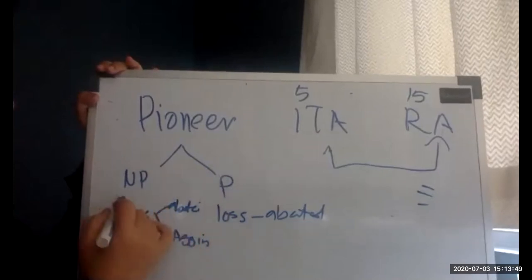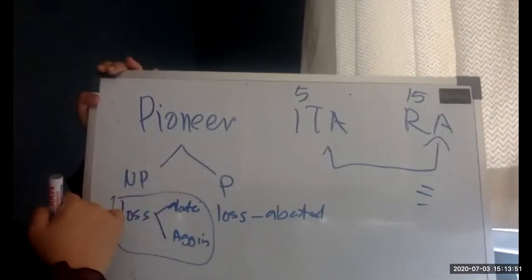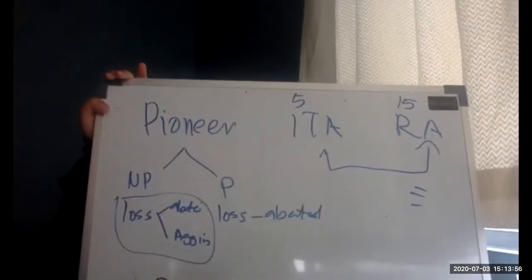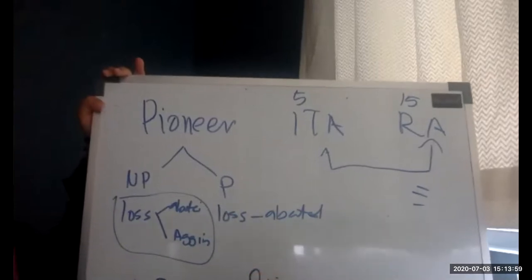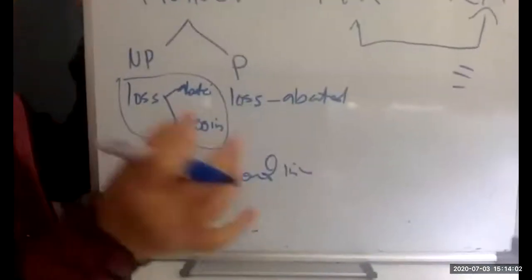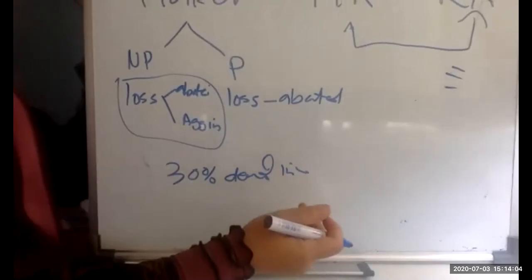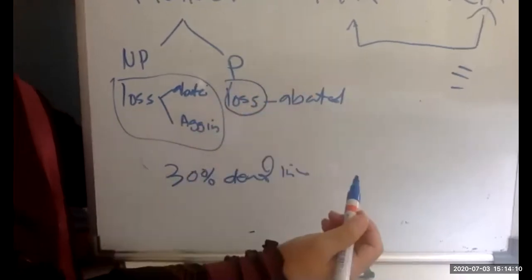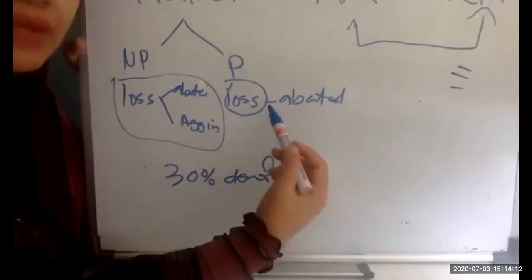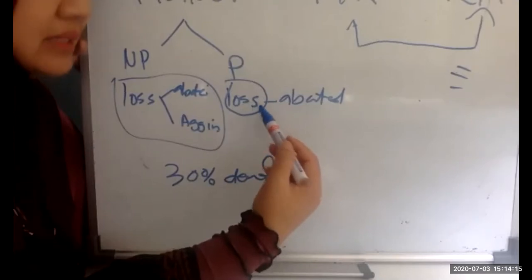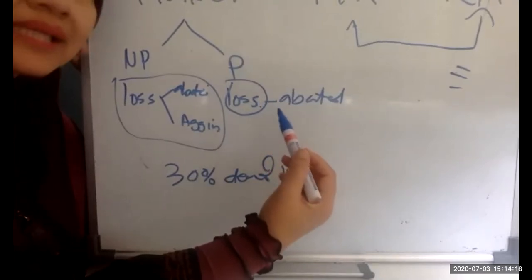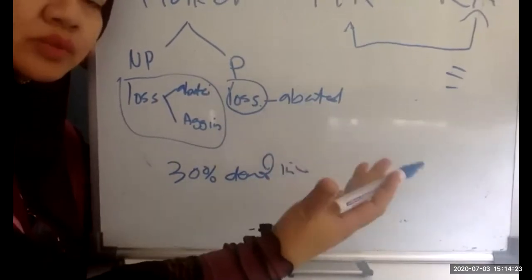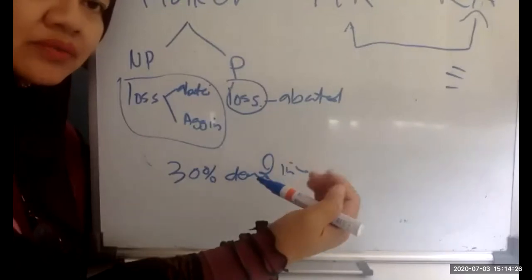So this is the most important thing about the pioneer status. Most of the time we play around with the losses here. And then remember that under pioneer we also have the 30% deemed income, which is always taxable no matter what. And the losses from pioneer, there's a question. What if after 5 years, you still have loss from your pioneer business? Again, this loss will be set off against your SI, even after post-pioneer. And remember the loss can only be utilized for 7 years.